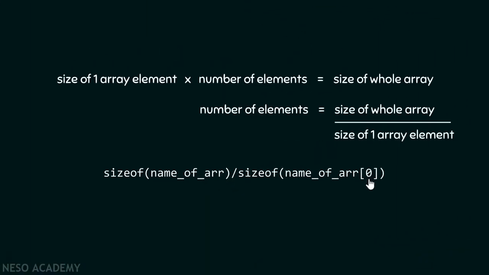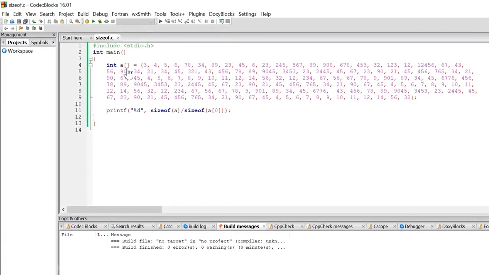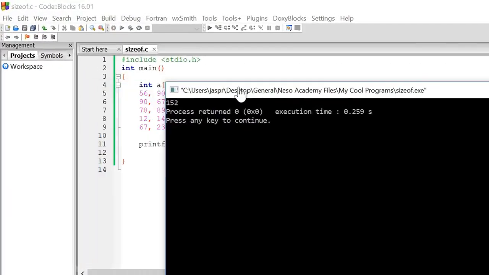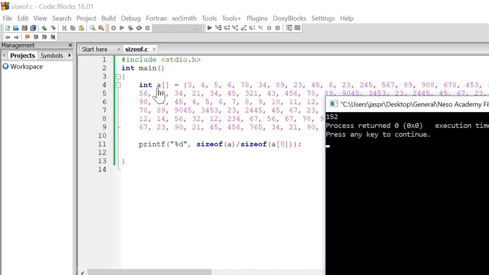Now with the help of the code, let's see whether this sentence helps us in calculating the number of elements or not. Here you can see the array that we have seen in the first slide, right? With the help of this printf function, we want to print the number of elements that are contained in this array. And we can calculate the number of elements with the help of this sentence: sizeof A divided by sizeof A[0]. Okay, let's execute this code now. Okay, there are total 152 elements in this array.